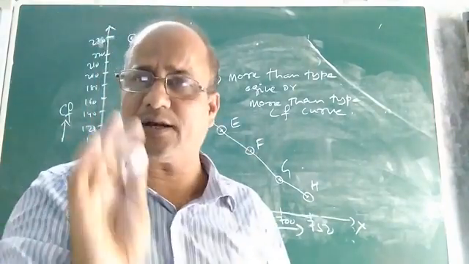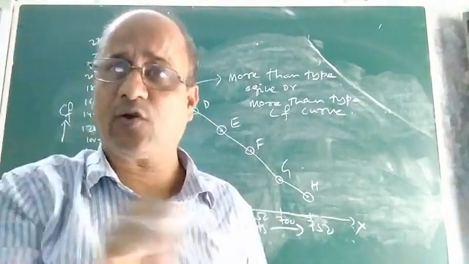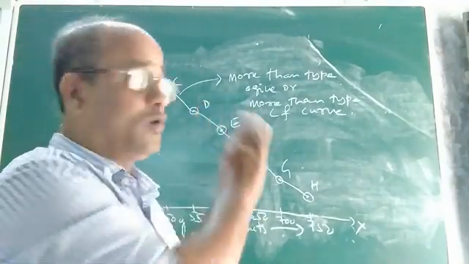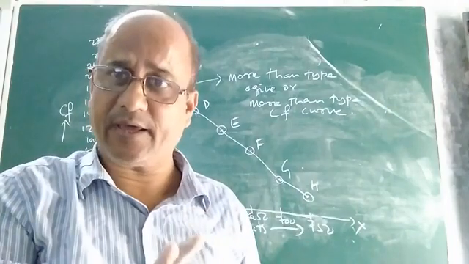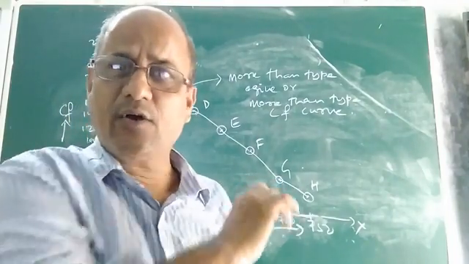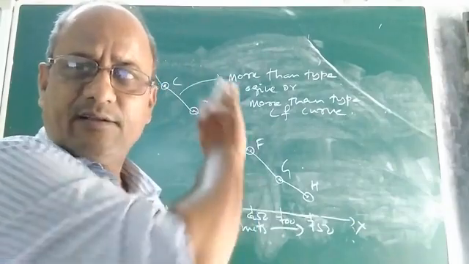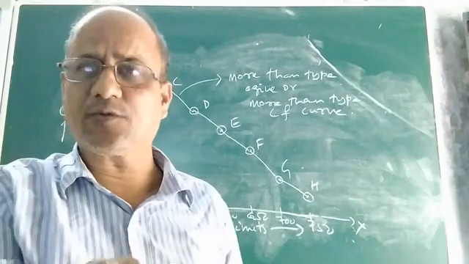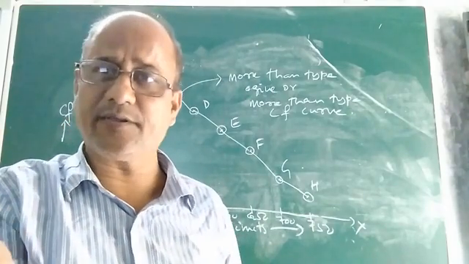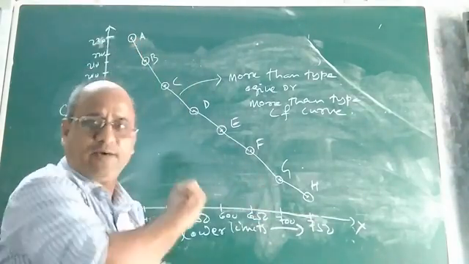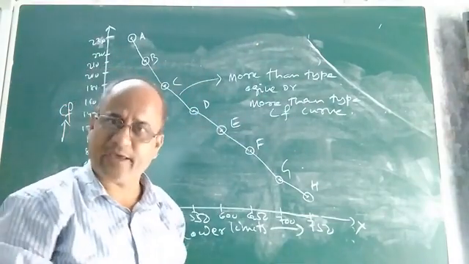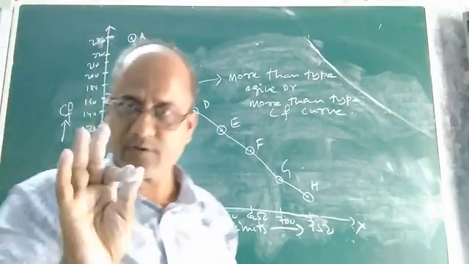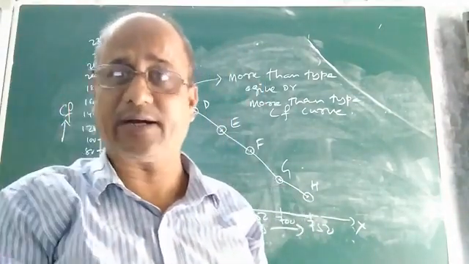Children, I hope you understood the logic, the algorithm, the steps you will follow in order to draw the more than type cumulative frequency curve or ogive. The only difference is you take the lower limit along the x-axis and the corresponding cumulative frequency along the y-axis. Get the points, join them by freehand, and you will get whatever curve is obtained. The curve will always come down, it will never go up. In more than type the curve will be downward, in less than type the curve will be upward. That is the difference between the less than type ogive and the more than type ogive.